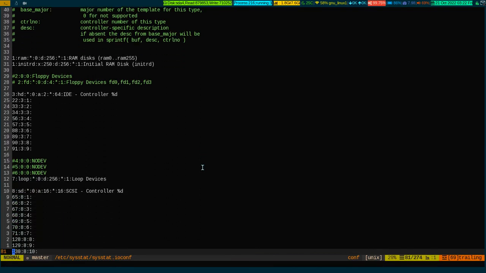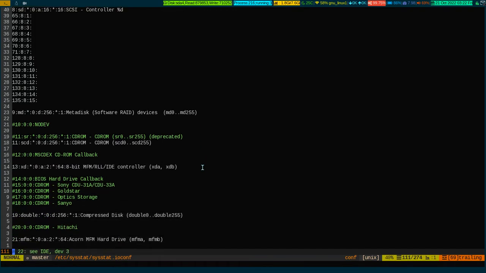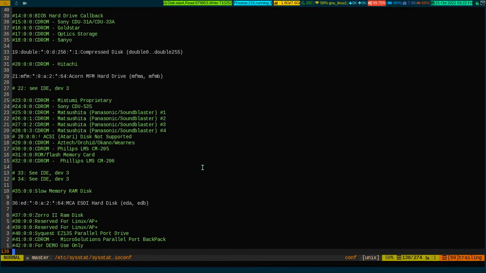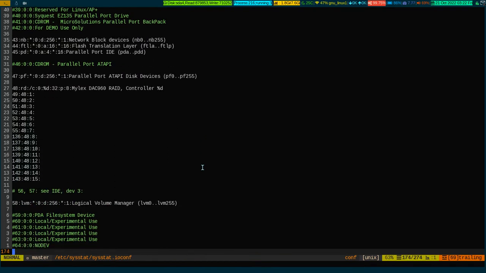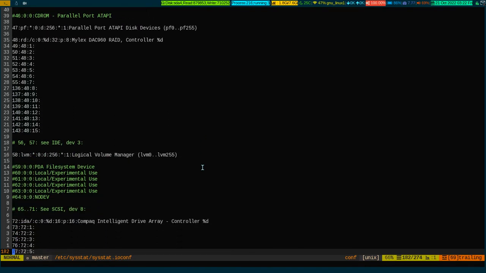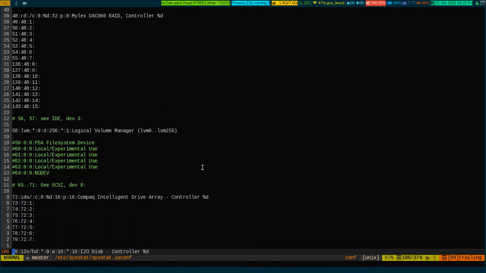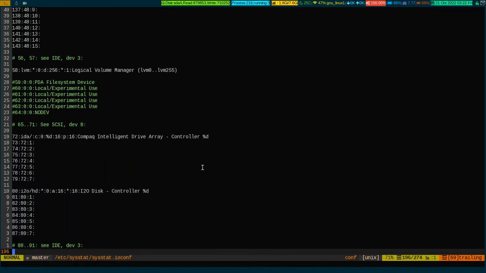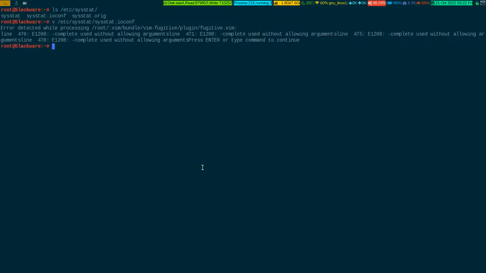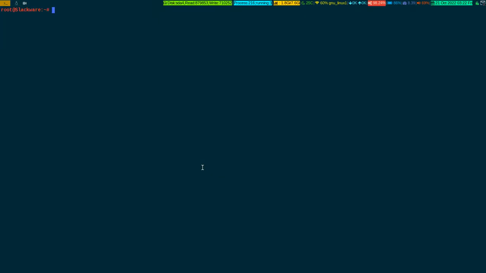I changed a few things which I don't need, but mostly the defaults work. It depends how you want to see all this stuff. So basically these two files you need to configure: /etc/sysstat and sysstat.ioconf. Once you are done with that, and the daemon is already running behind the scenes,